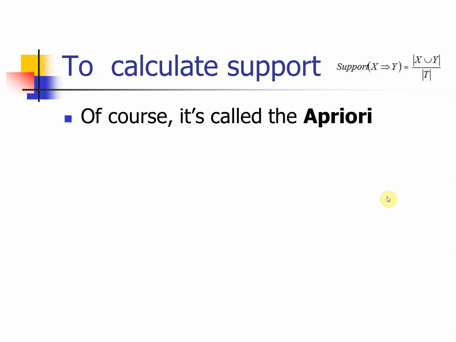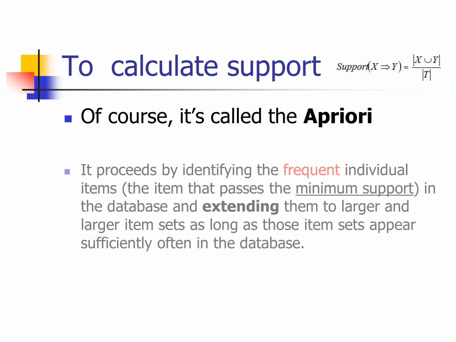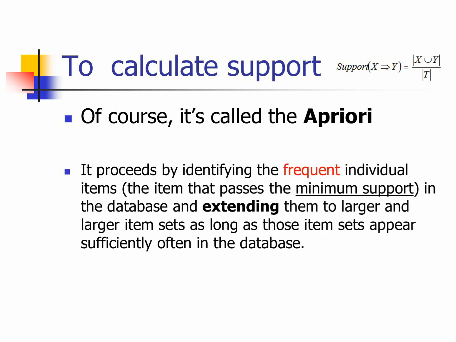So what is a better way to calculate the support? This method is what we call the a priori approach. So what is a priori? A priori is an approach that proceeds by identifying the frequent individual items, starting with one item, and is basically a bottom-up approach. So the item that passes the minimum support in the database, and extend based on that